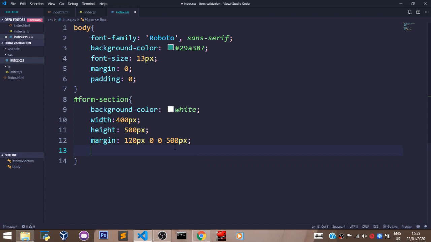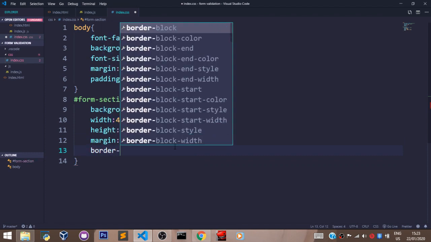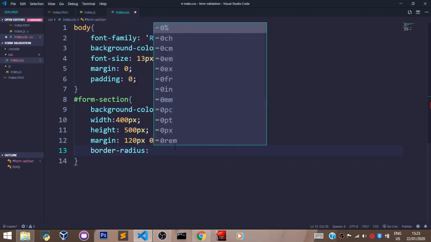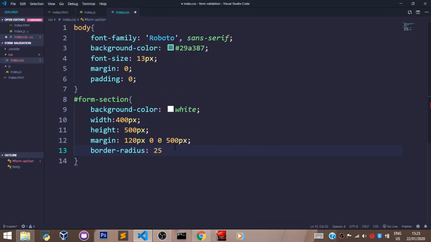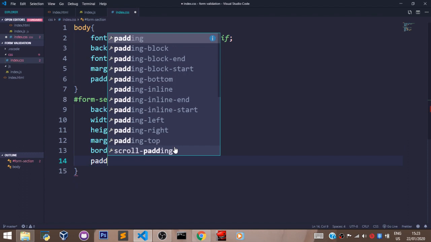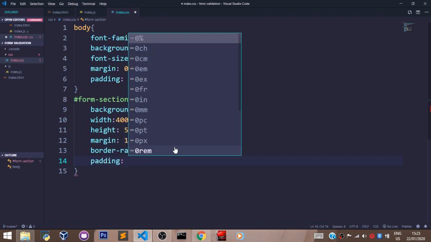Then let's set a border radius of 25 pixels,